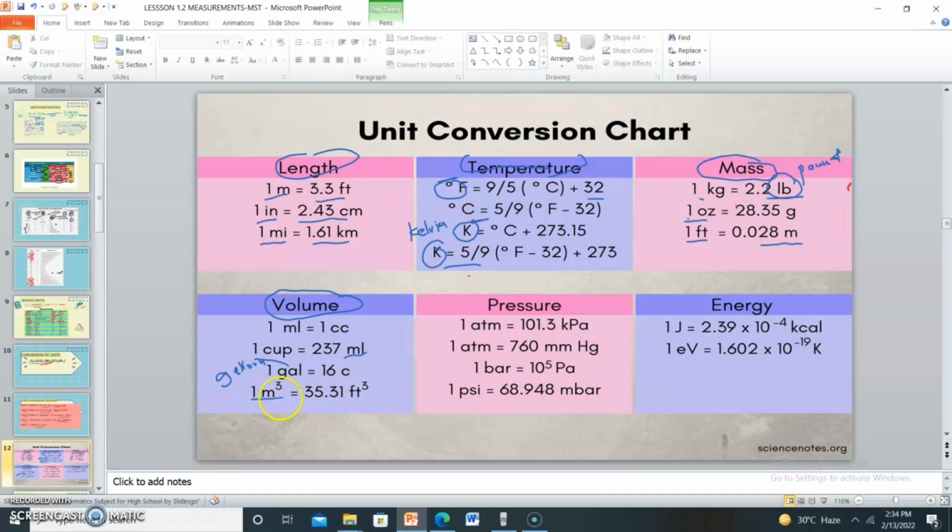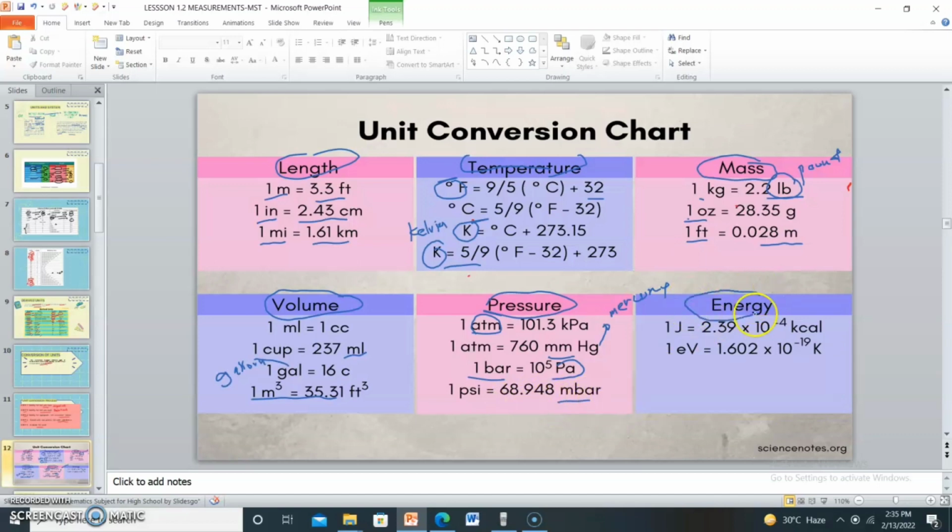And 1 meter cube is equivalent to 35.31 feet cube. In pressure, the conversion of units: 1 atmospheric pressure, ATM, equals 100.3 kPa, kilopascal. And 1 ATM is also equivalent to 760 mmHg, that is mercury. And 1 bar is equivalent to 10 raised to 5 Pascal. And 1 PSI is equivalent to 68.948